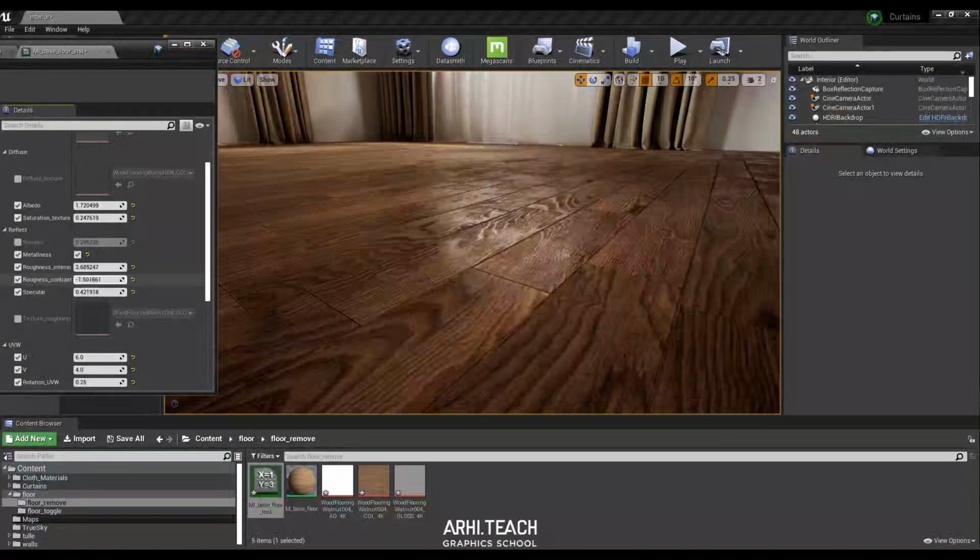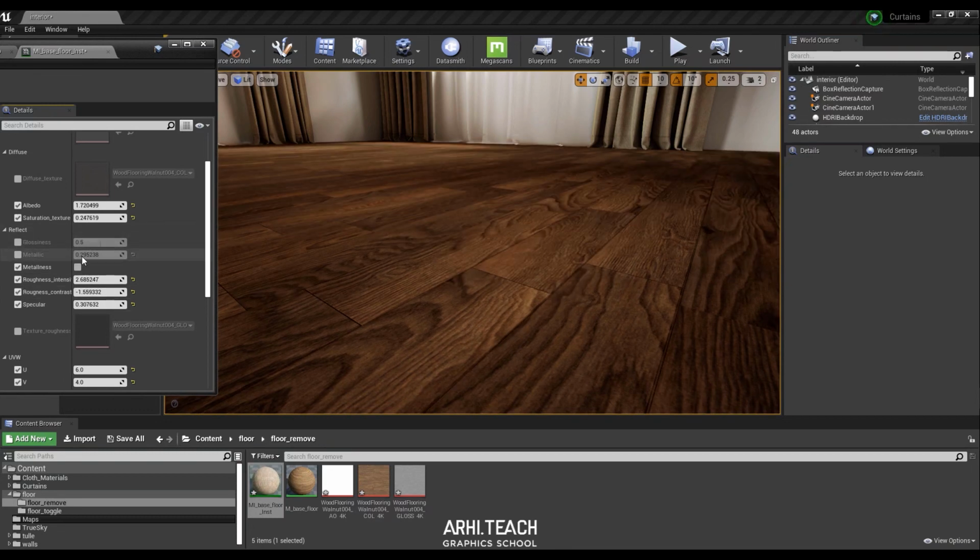And empirically, we achieve the desired result. We are making glossiness lower. Now once again, we turn it off. Glossiness appeared. And by the way, let's turn on glossiness right now. By default, we have set 0.5.